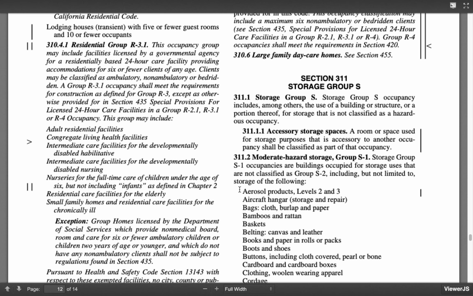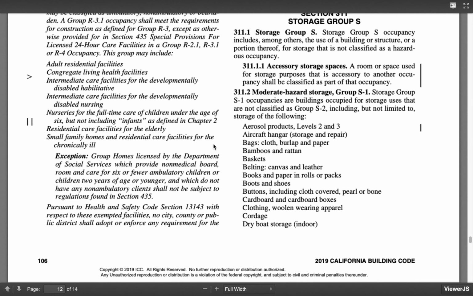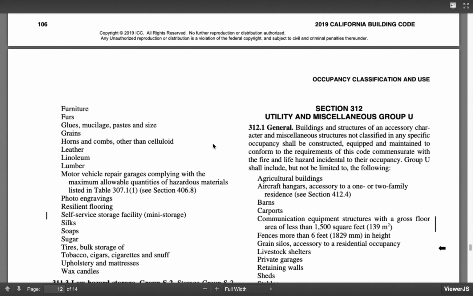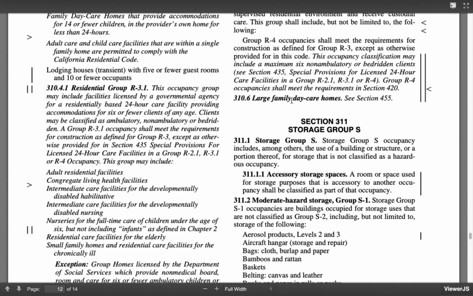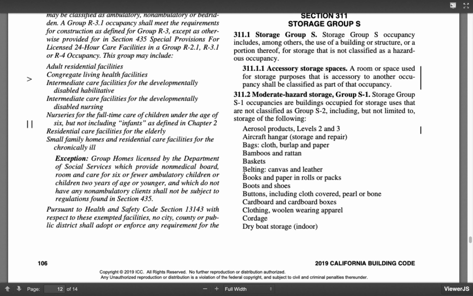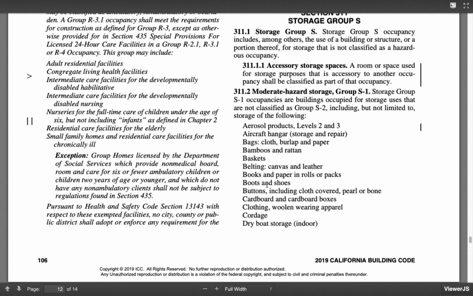Then we've got storage group S. As you can see, they keep going up, 311. If I ask you to give me 2 examples of storage, you can go in here and say, occupancies are buildings occupied for storage uses that are not classified, but not limited to storage of the following, and then you can put dry boat storage, books, boots and shoes,